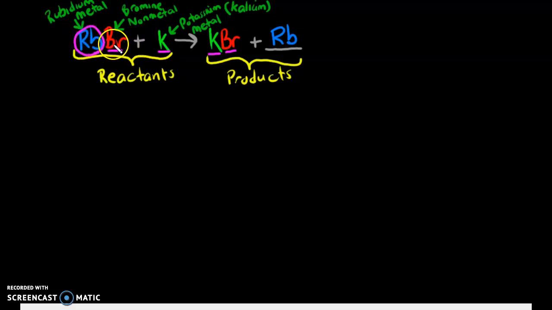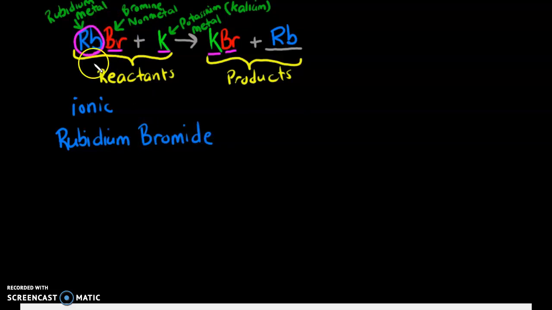Now, just for a little bit more practice, let's talk about how to name this compound. So RbBr, that's a compound of a metal and a non-metal. It is ionic, which means I don't use the prefixes, which means I don't have to worry about the numbers. I leave the first element as it is, so I have rubidium, and then bromine becomes bromide. So rubidium bromide plus potassium